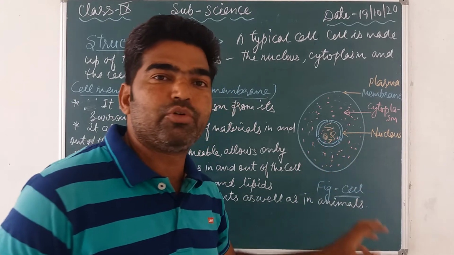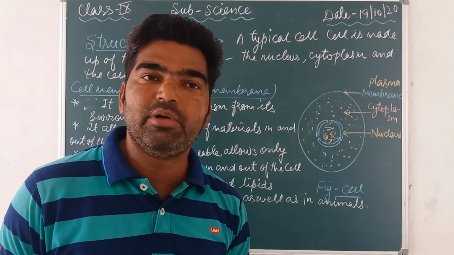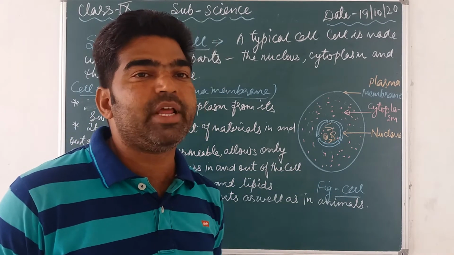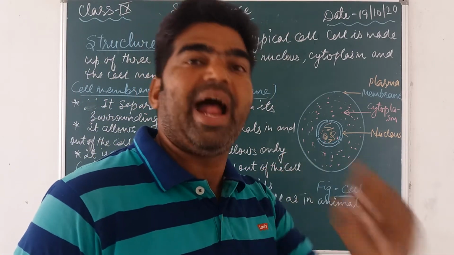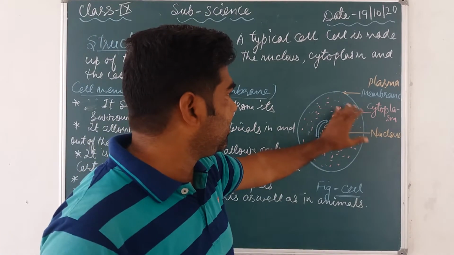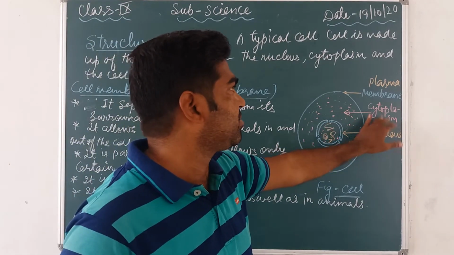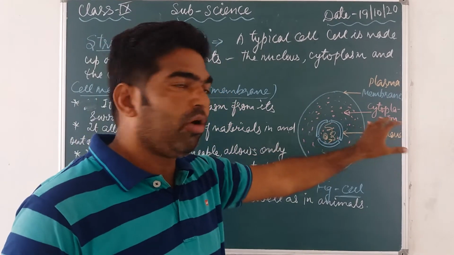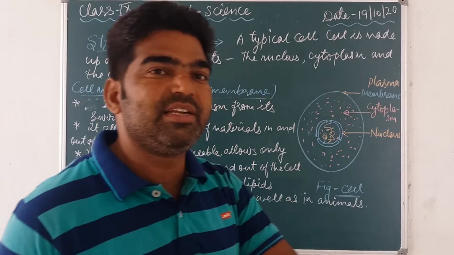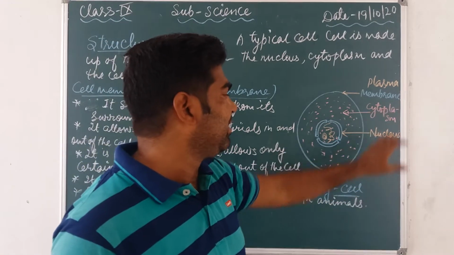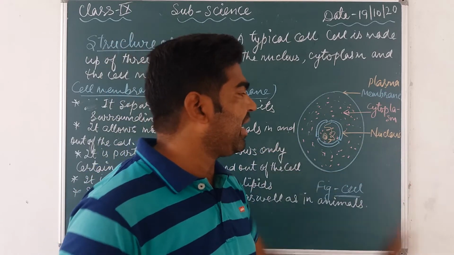Nucleus is the central dark portion that you observe under the microscope. It is known as the center of a cell, or you can say the headquarters of the cell. Then you find some fluid matrix, a jelly-like structure, which is called the cytoplasm. And the outermost boundary, almost in all cells, plant cell and animal cell, is the plasma membrane. So these are the three different parts of the cell: the plasma membrane or cell membrane, cytoplasm and the nucleus.